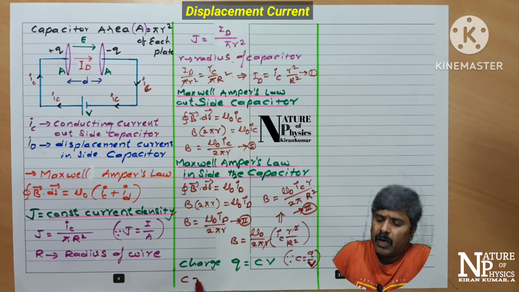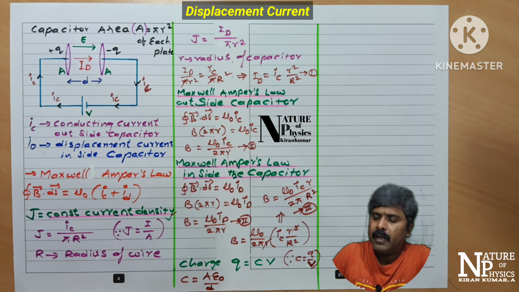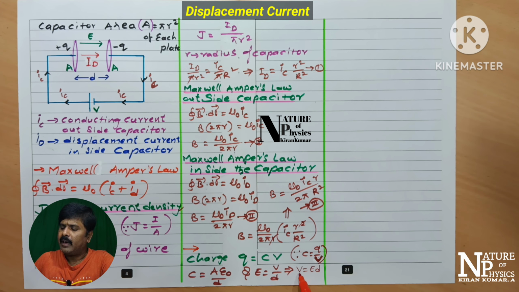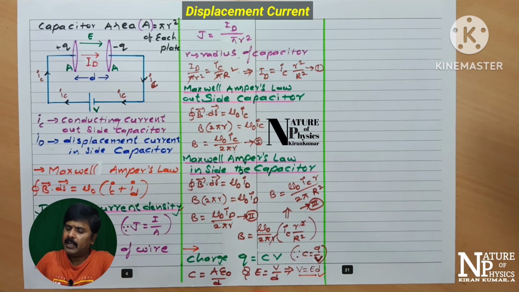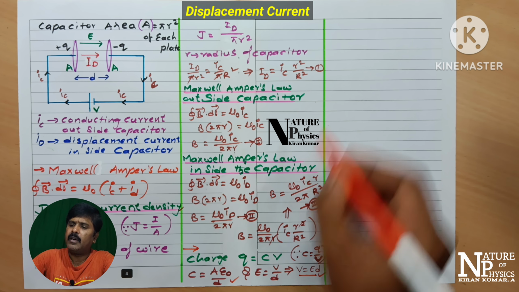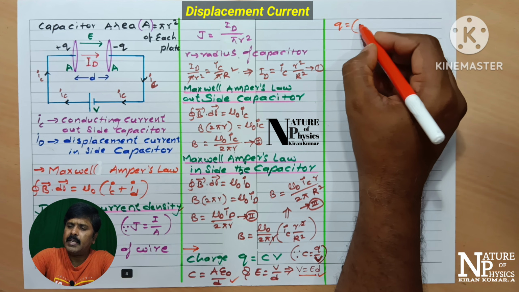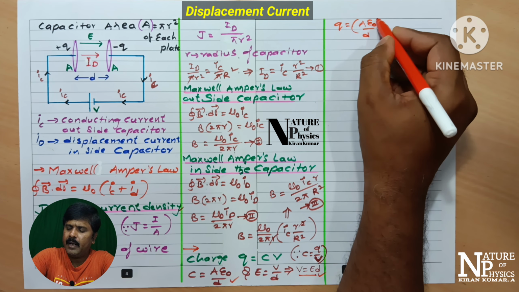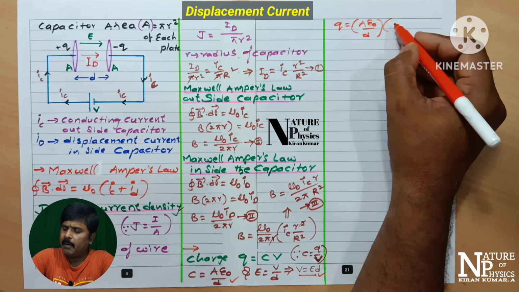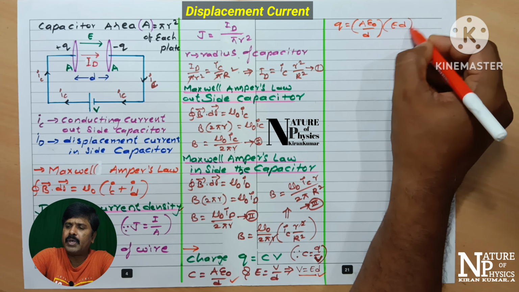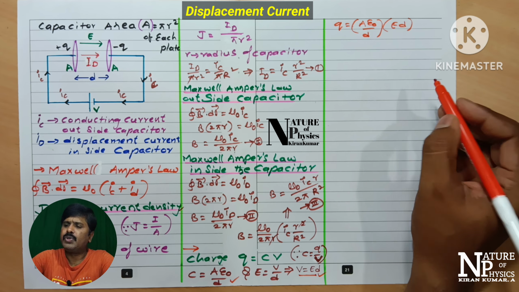So C value is equal to parallel plate capacitor, A epsilon naught divided by d. From the E and V relation, E is equal to V divided by d, so that I can write V is equal to E d. Now both the values are replaced in the above equation, so that Q is equal to C V. C is equal to A epsilon naught by d, and V is replaced by the E and V relation, V is equal to E d, and